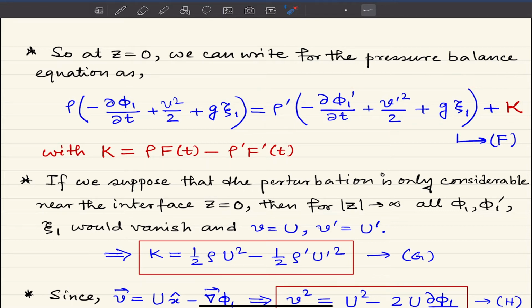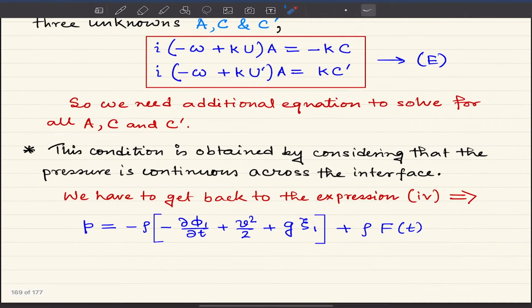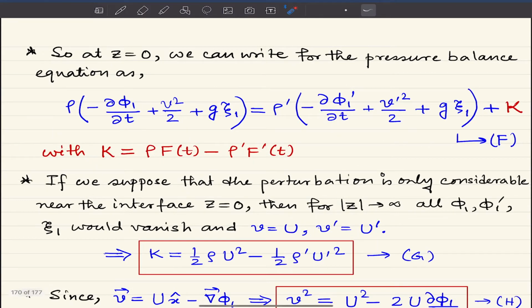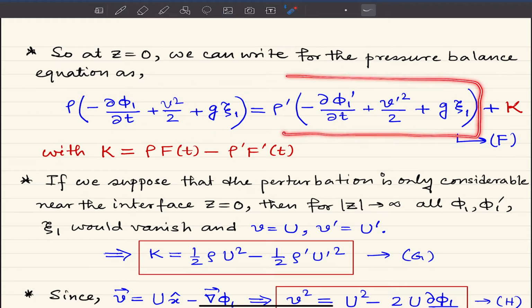What I said is a bit problematic, because K is there. So actually a part of the pressure with the unprimed coordinates is equal to a part of the pressure with primed coordinates